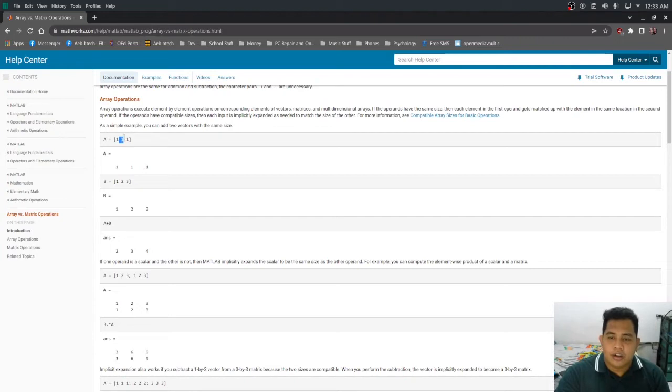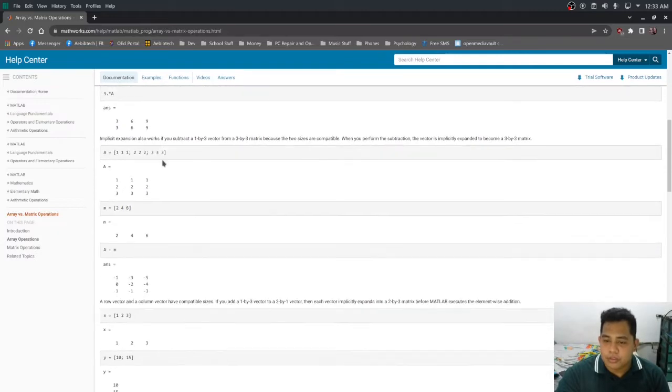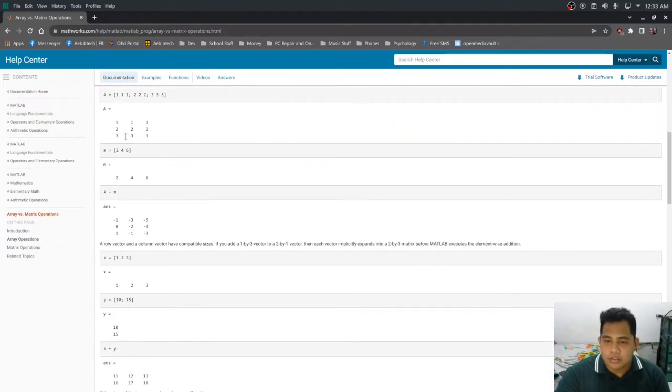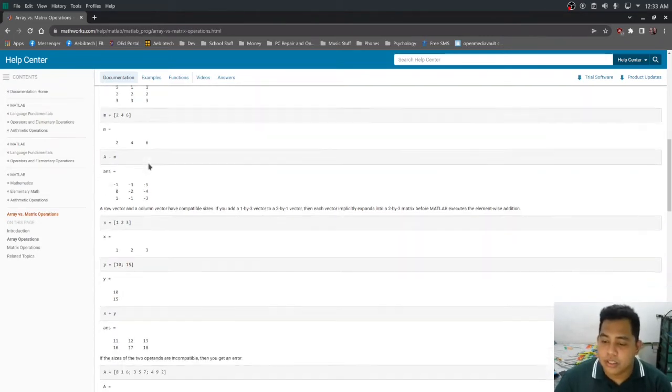The elements are separated by spaces. For creating 3x3 matrices, it's like this. Each row is separated by a semicolon.